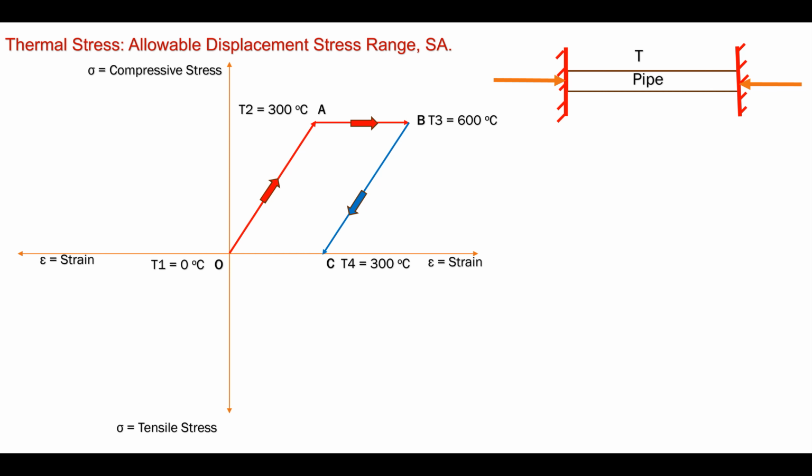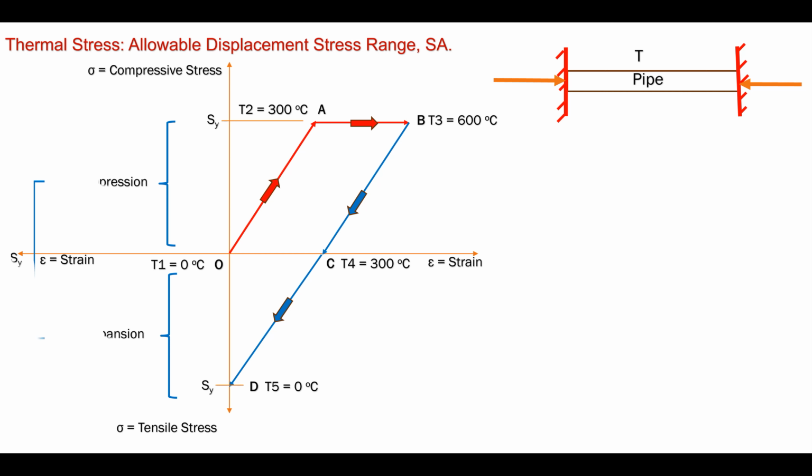It is due to the strain hardening in the pipe material, and we shall further cool it down till T5 is equal to 0. It will touch the tensile axis at point D. Now if we look at the stress strain graph closely, the material of the pipe shows the same yield stress in compression